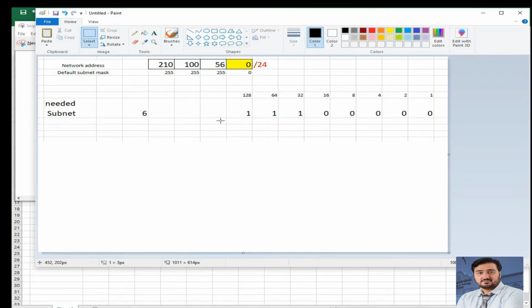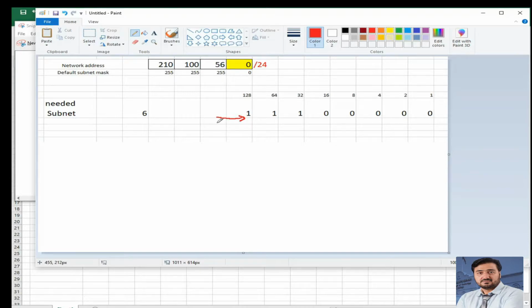If you are going to find the network addresses, the number of networks needed, the subnets, we always start from here. Please keep it in your mind. It should start from this point. If you are going to find the number of subnets, here needed subnet 6, please don't start the number of subnets from this point, it will be wrong.